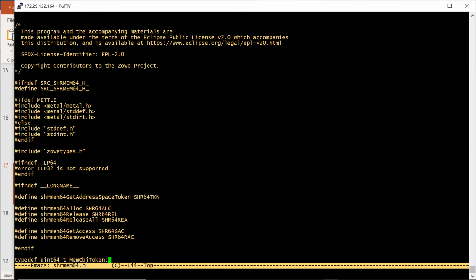It's a nice set of facilities to make not only 64-bit memory objects, but to be able to share them, either with all other address spaces on the system, or in a one-to-one or friend relationship, where you share these memory objects with other programs explicitly. Yet you need privilege to do that. I think you need to be running in key 0 through 7, meaning you need to run in a system privilege key to do it. So